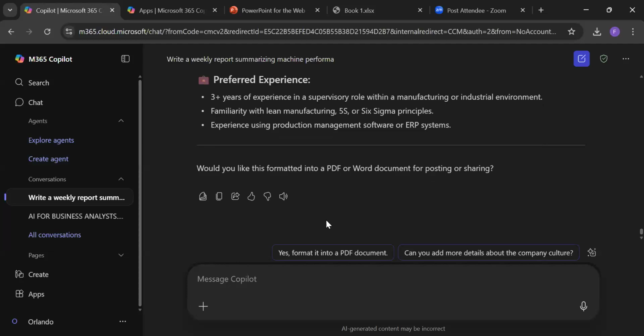As an organization, you can also use Copilot to summarize the performance review of individuals in your organization, just to make sure that you have a proper analysis of the performance of each and everyone in your organization.